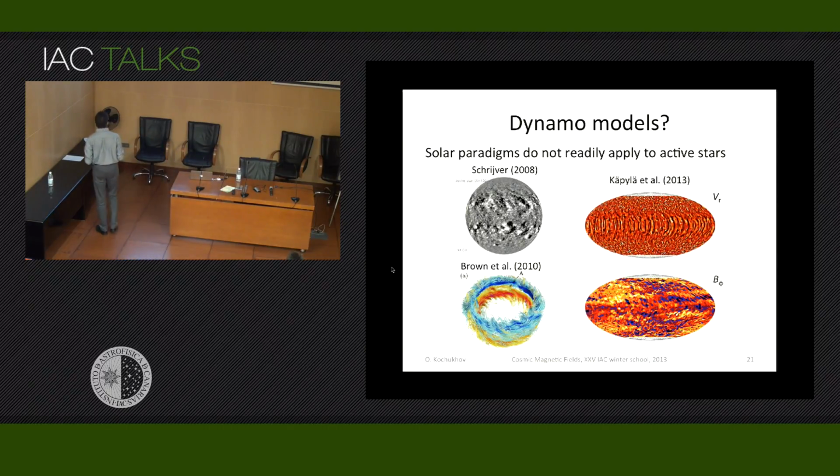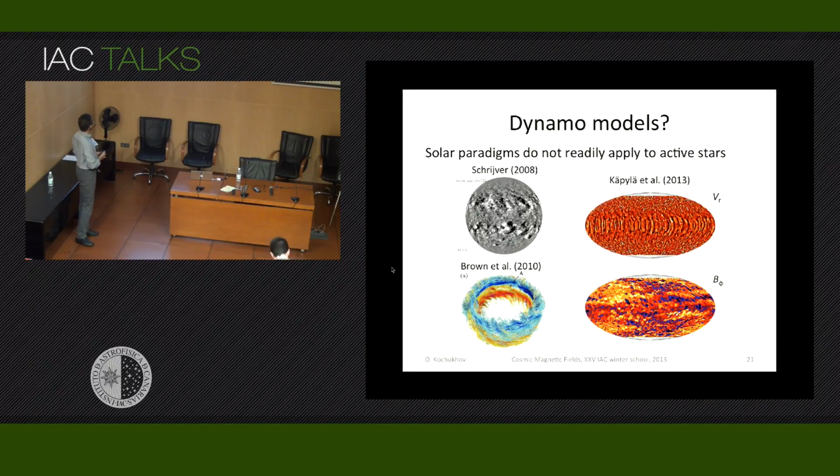A number of more recent studies tried to really approach this problem with direct numerical simulations. So putting a star, well, either using some box in the star approach, so the computational domain covers some part of the star, or putting the entire star in a box, so the full star is included. And of course, in such computations, it's very difficult to capture the full range of, say, density variations, and you can't achieve the same Reynolds numbers as in reality. But there are certain